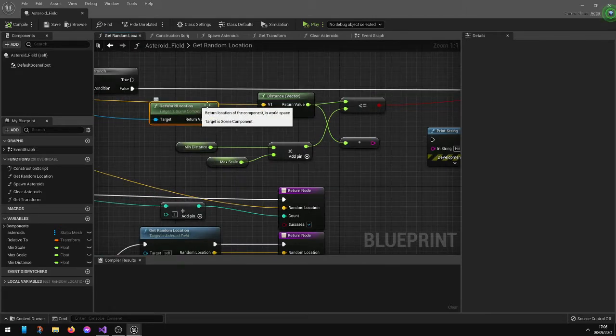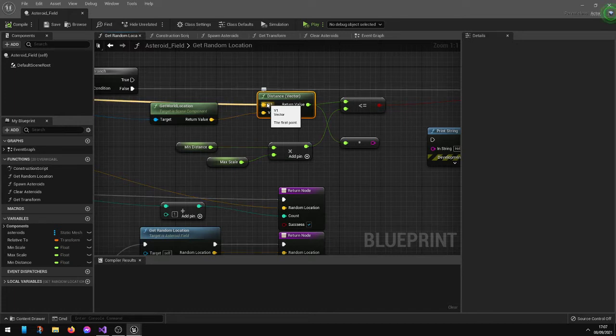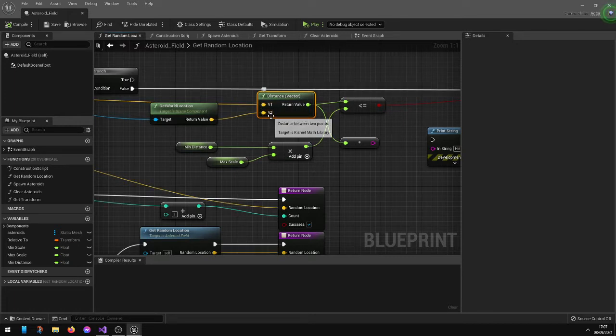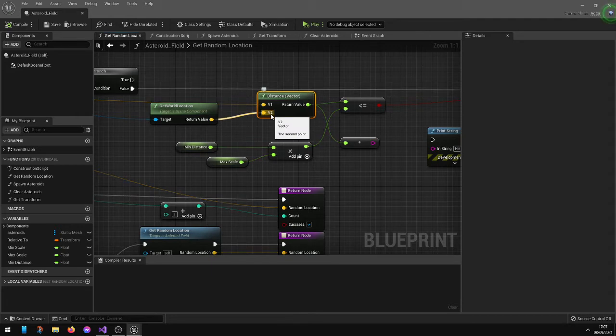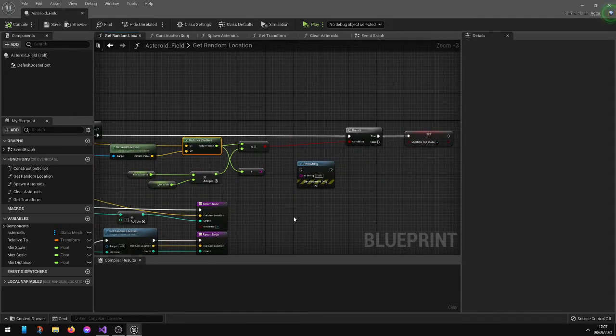So in here we get the location of the one we spawned, we get the distance from the location we've randomly selected to the location of the static mesh, and if it ever finds one that's too close,